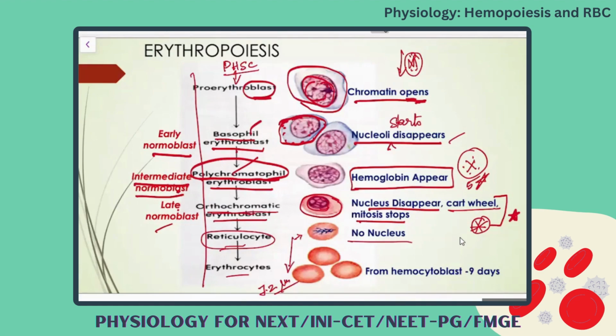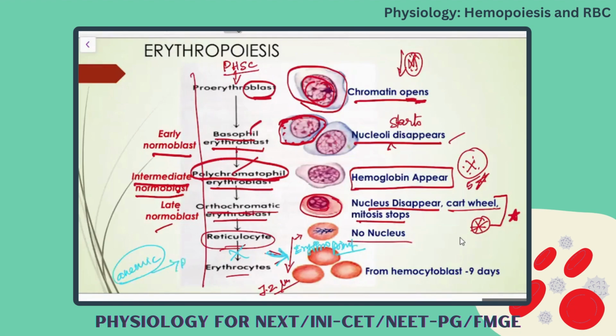For this, you need a hormone. What is that? Without that, reticulocyte will not be converted into erythrocyte. One important hormone is required for this. Erythropoietin. From where this erythropoietin is produced? Kidney. So if a person is anemic,